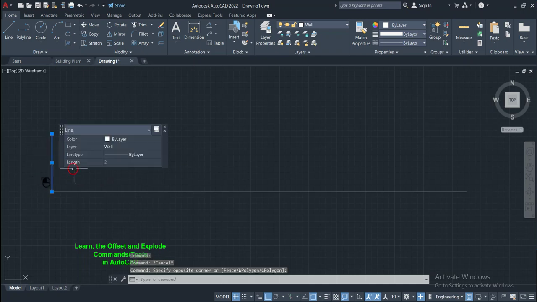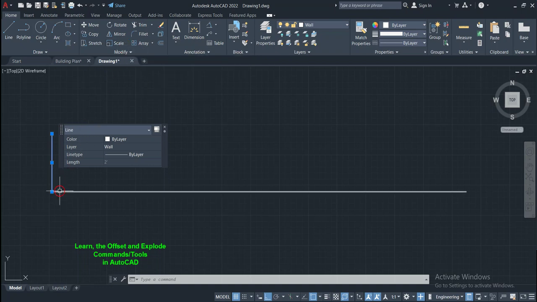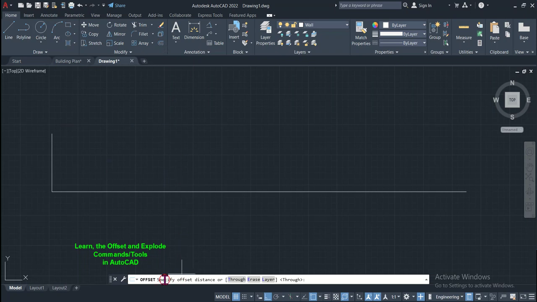But through the offset command we will apply the offset tool. Because it lies in the modify category, any object we want to modify, we first select it. So we will select it and then click on offset. In the command line you can see it requires us to specify the offset distance. So 1 feet is the separation distance. Now you can see you want to make the offset on the left or on the right. We are interested in making an offset on the right side, so we will click on the right side